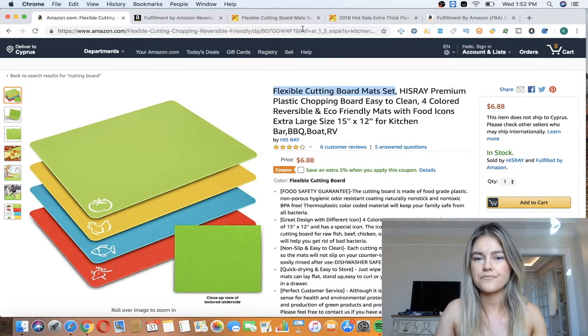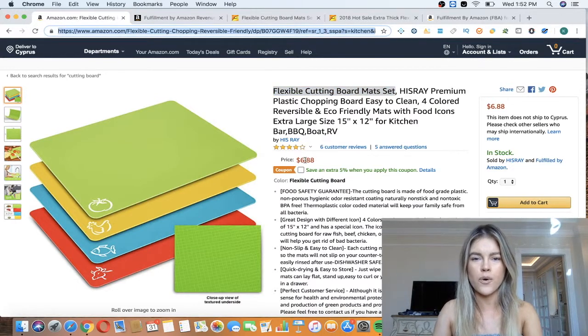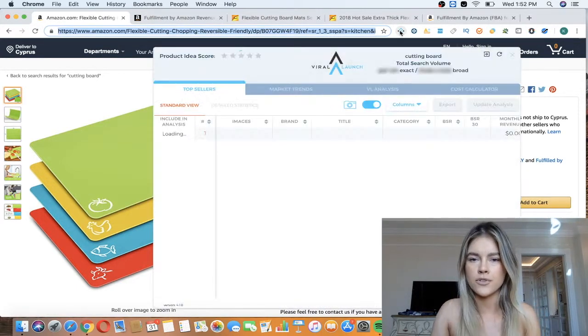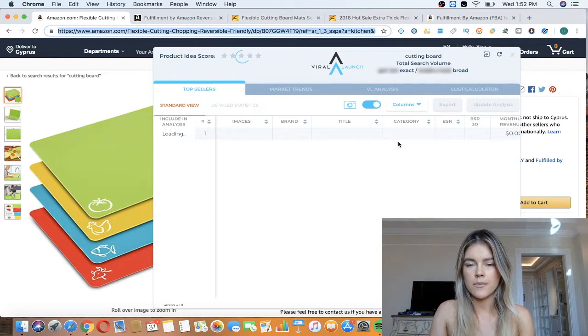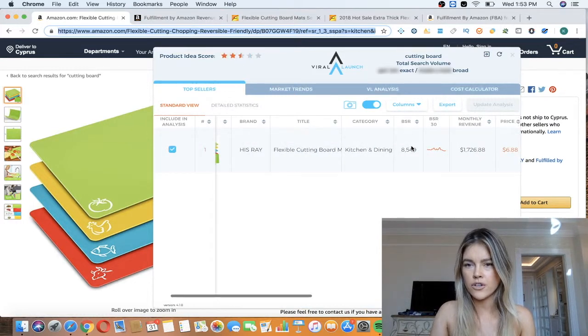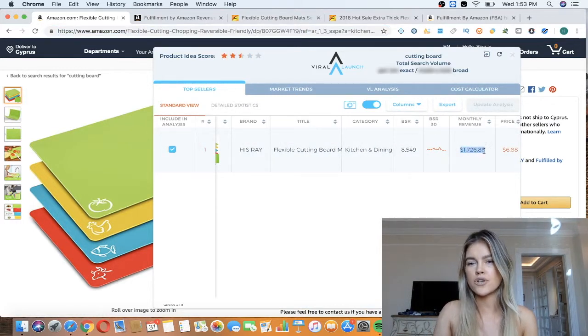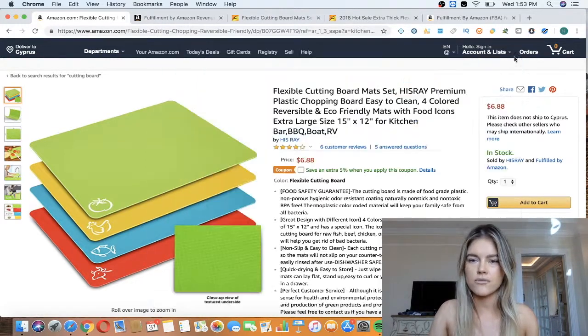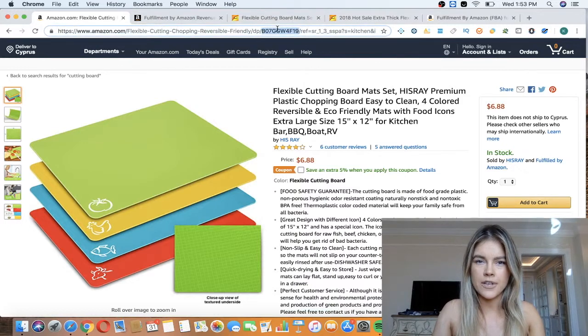So again, they're selling it for quite a horrible price, but I'm just giving you guys examples. Don't sell it for that low of a price. That's not a good item to go into. So let's see how much, I'm curious about the revenue. Revenue is not very high, but again, we're just doing it to show you guys the potential of how to calculate it. So let's get the ASIN up here